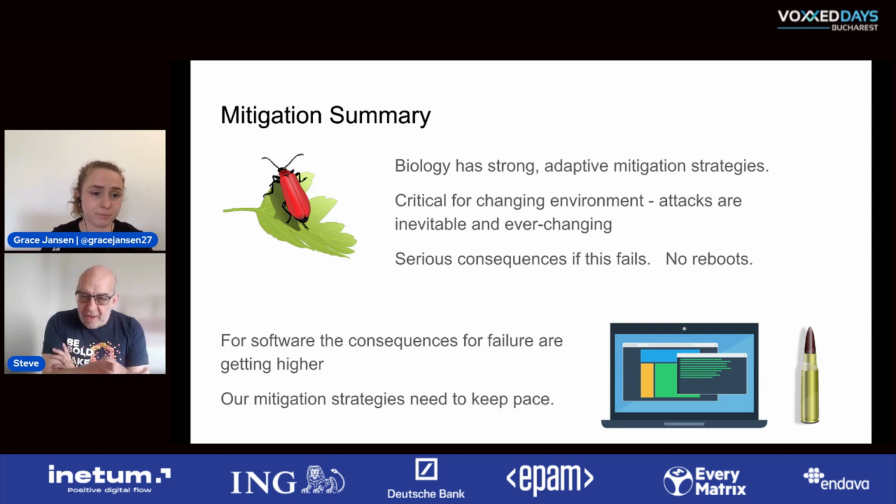Having said that, you've got evolution, which obviously learned, because the things that fail obviously get edited out of the gene pool. Software doesn't have that opportunity because we're talking about real lives, real data. There are no reboots, but we have to think so much more now, because the consequences for being attacked, for losing data, for what the bad guys are trying to achieve are just becoming more and more serious. So we really have to look much harder at the way that we create and design software.